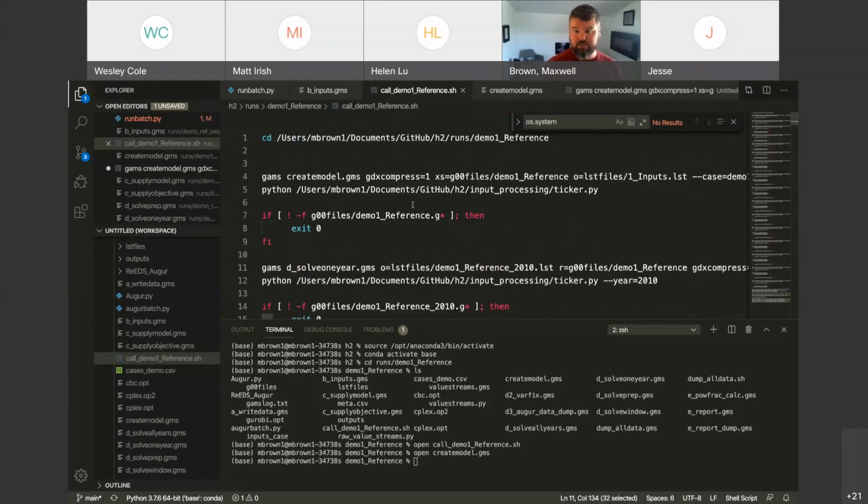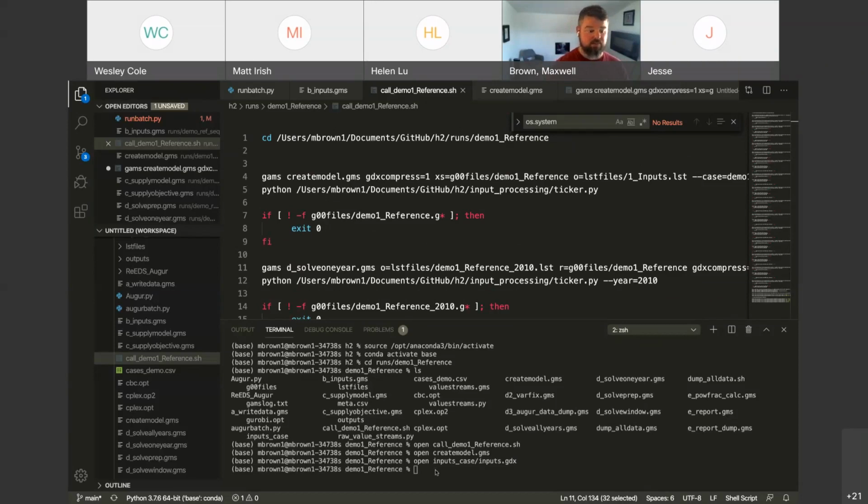So what happens at the very end of this, one thing to be aware of: I've already run this createModel.gams file, and at the end of it, what we're going to get is this inputs.gdx file. I'm mentioning this right now because it's extremely useful as you're starting to debug things. Everything that the model is going to see after you've done all your inputs processing, after you've created all your constraints, everything that the model has in it